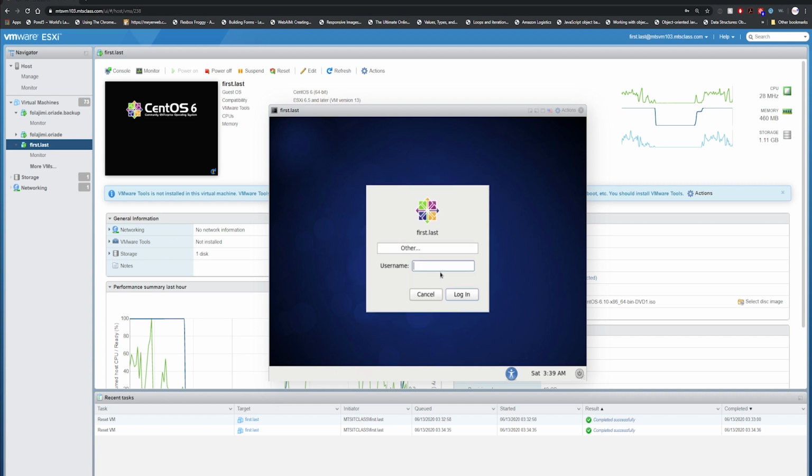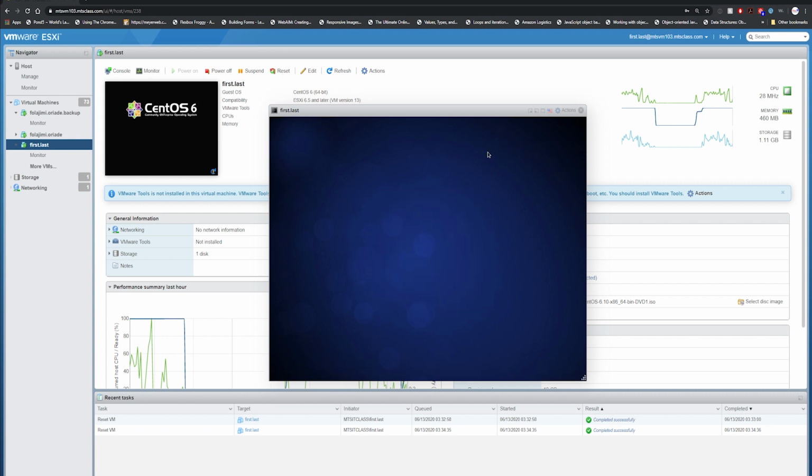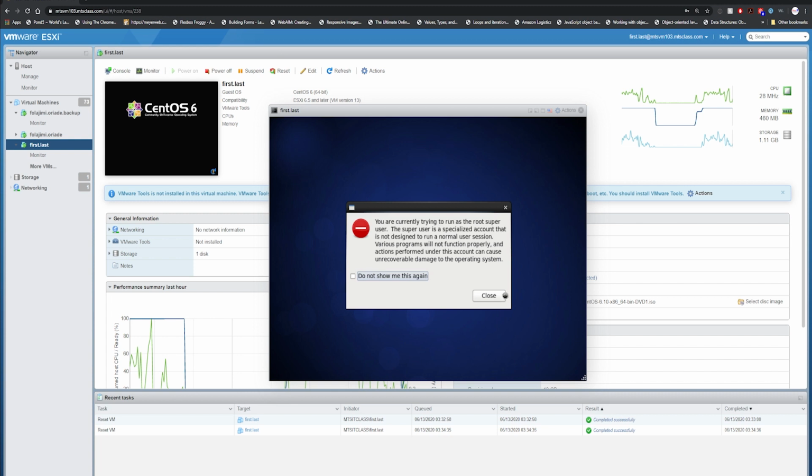Like other, username, root. And now we'll enter my new password, which is not test123 anymore. And select login. And there you go. That is how you